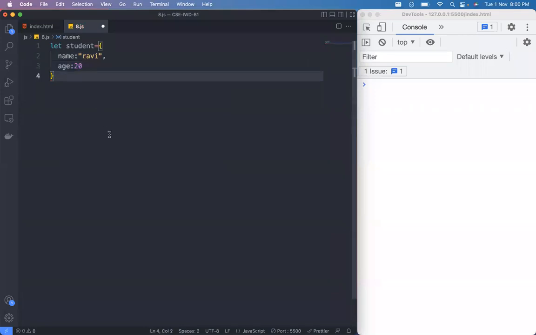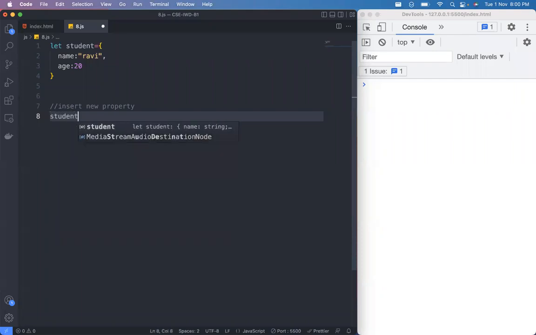So I have taken a very simple object here. That is a simple object. Now I want to insert a new property. How can we insert the new property? It is very easy. To insert the new property, take the reference of the object, dot, write the new key,